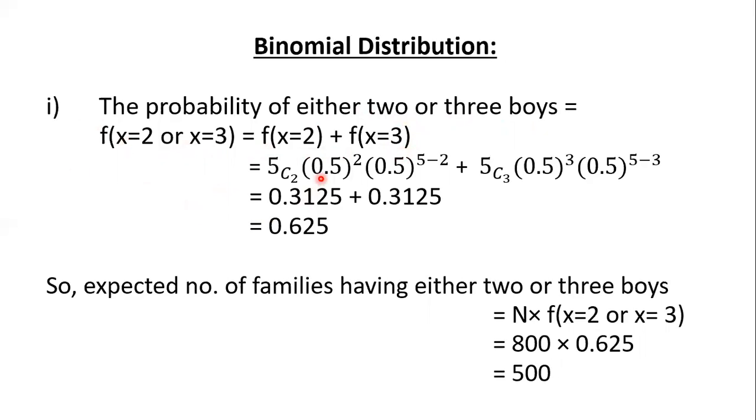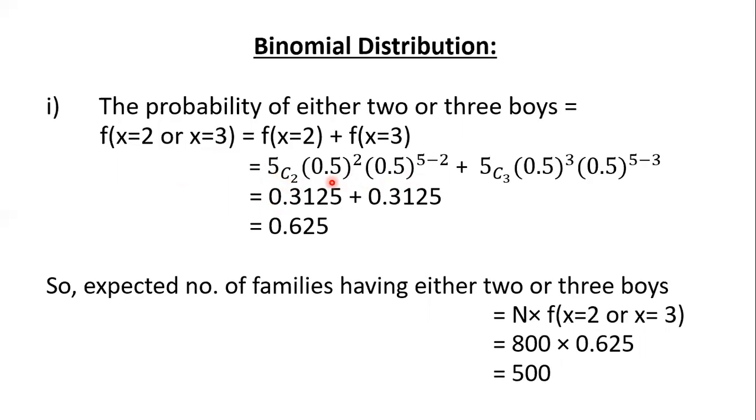Now, putting the value of n = 5, p = 0.5 and q = 0.5, we get P(X = 2 or X = 3) =